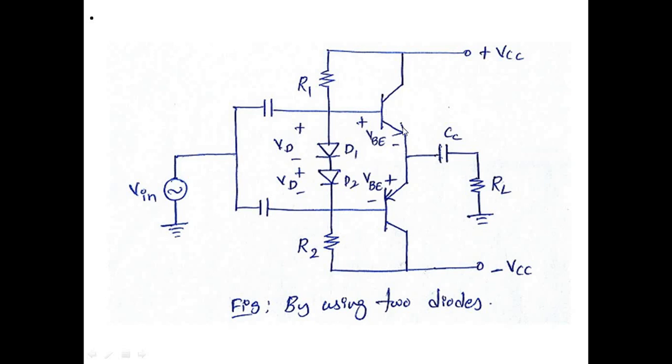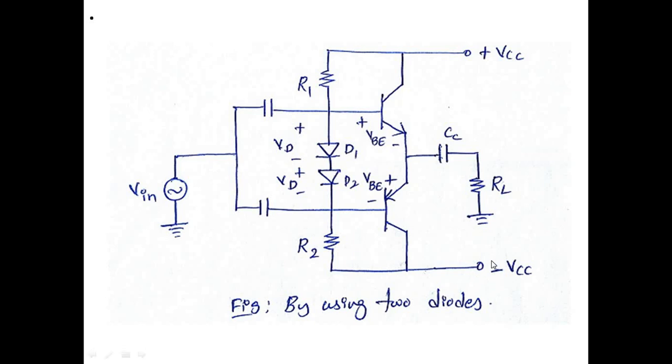See, this is an NPN. You are providing a positive voltage to this, which is plus 0.7. This is minus, it is a PNP. You provide another 0.7 volts for this transistor T2. Again, there is no difference between the previous circuit and this circuit. It will be like two voltage sources in series, 0.7 and 0.7. Whenever they are in forward bias, the total voltage is equal to 1.4 volts. This is how you can compensate for this.